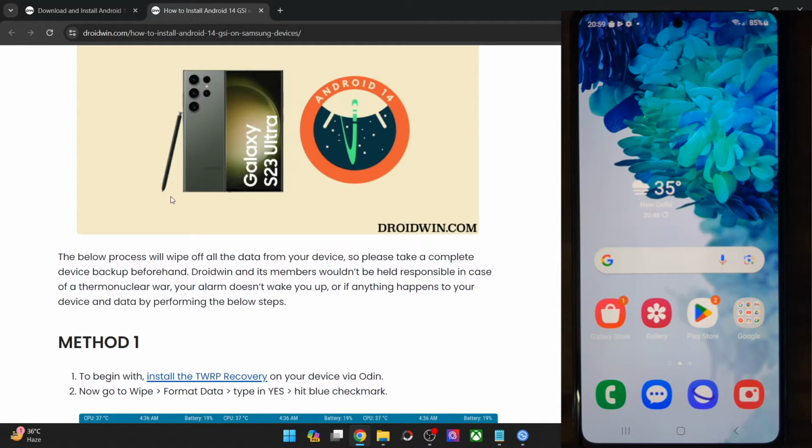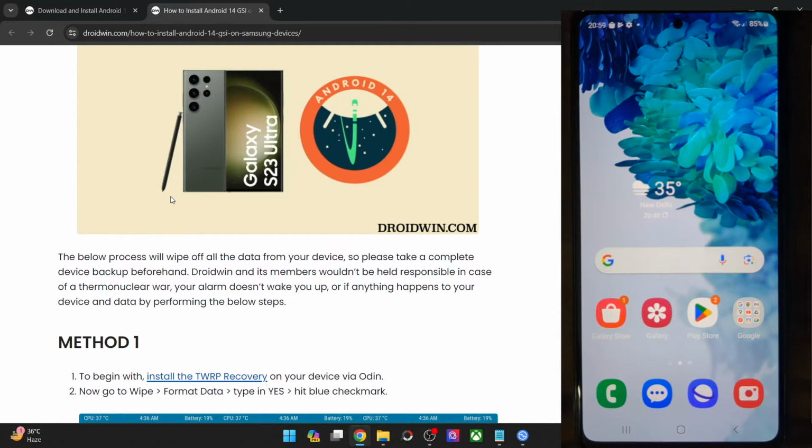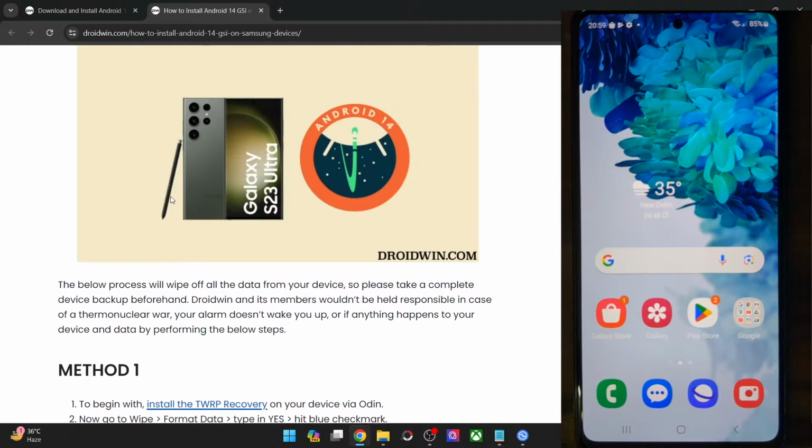In fact, all the Android phones which came with Android 9 or a higher version out of the box and have the dynamic partition should support GSI flashing. And as of now, I guess most of the Android phones are Project Treble supported. But just to verify, you may install the Treble Info app from the Play Store and check out your device info. It should say Project Treble supported. If that's well and good, then let's get started.